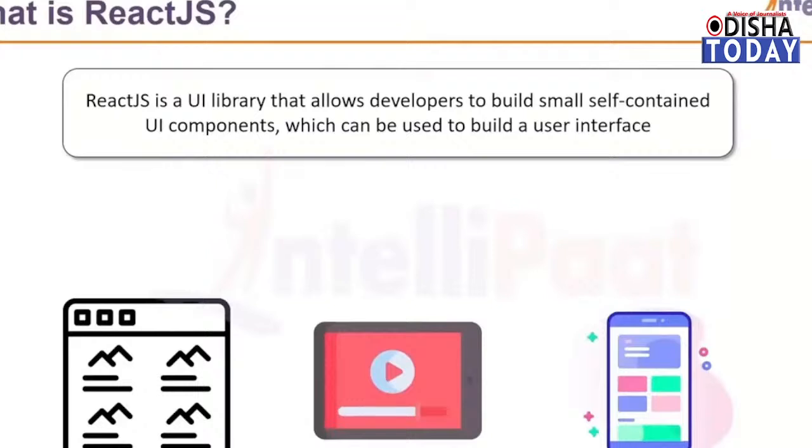So the components could be a button, it could be a text field, an editable text field, a table view, it could be an image carousel in which you can take a look at all the images that are available by swiping on them or clicking on the arrow buttons. It could also be some image gallery and all of that. And many of these components are built by grouping together smaller components. So a good example of this is a form. A form which is used to collect users information is built by grouping smaller components together. Components such as text field, input field, submit button, and labels and things like that.